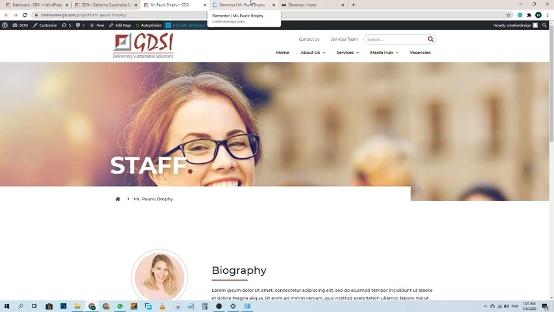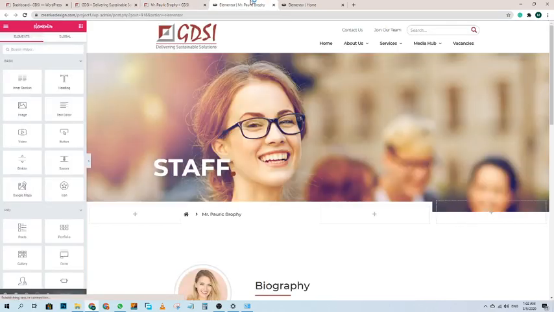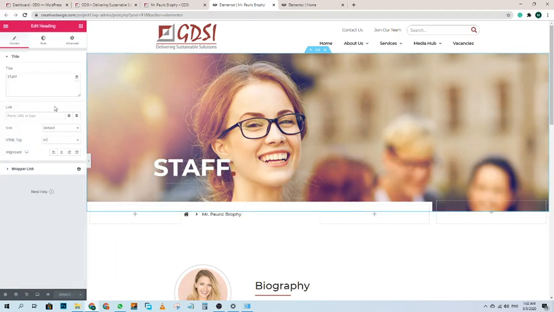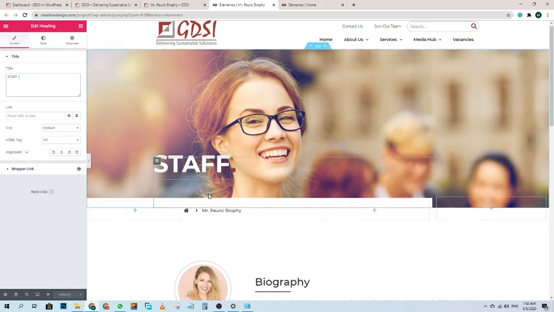Elementor is basically a page builder tool by which you can change the content of your website or design the layout of your website. So when this page opens, you can just change the content of your site.